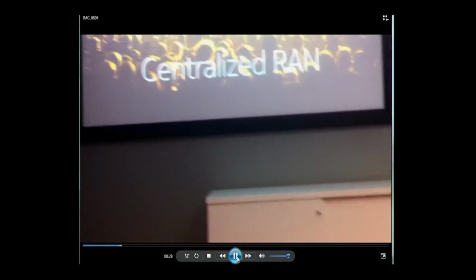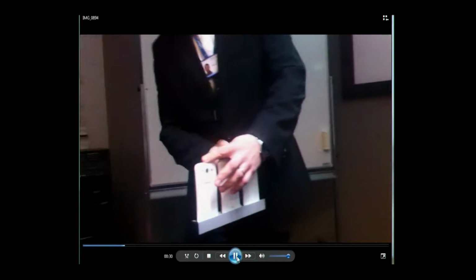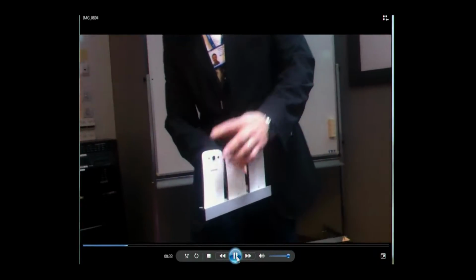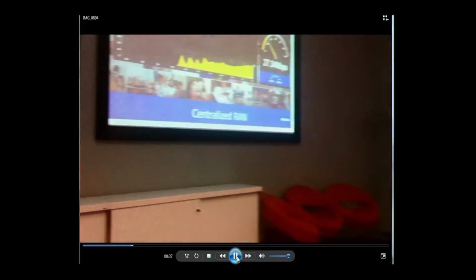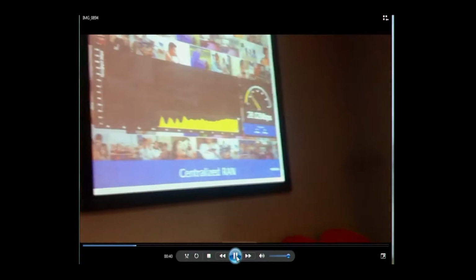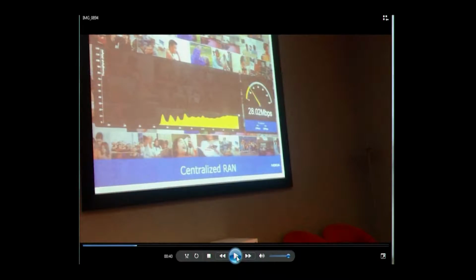So what we're going to see here is actually a presentation in Espoo, Finland, which is at our headquarters, of centralized RAN, a feature we call centralized RAN, which is what we believe is really the first feature to do joint reception in an ultra-dense setting. So in here, let me just stop for a second. This is a conference room. Maybe it's about this size. It has 10